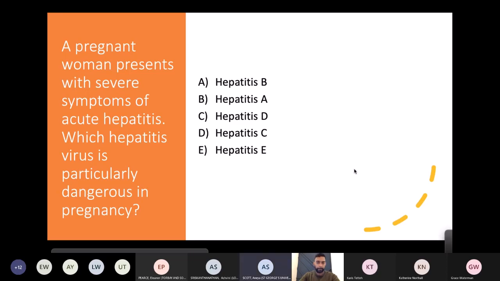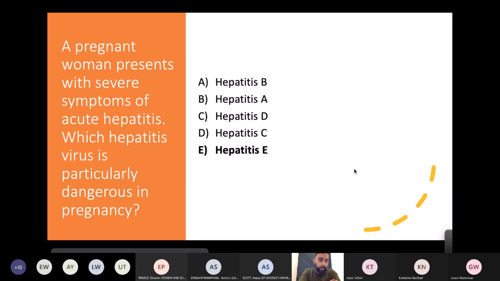So far we've got a mix of D and E. Slightly more D's actually. Okay. So yes, I can see why you would put hepatitis C. There's no vaccine, and left untreated,